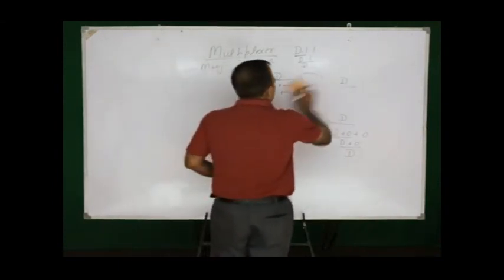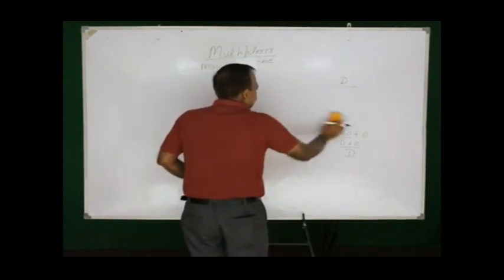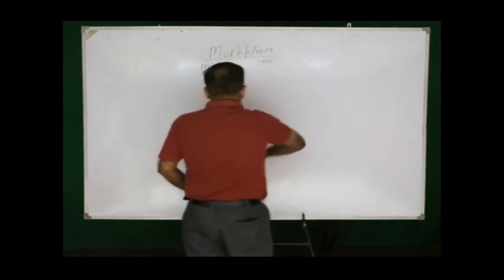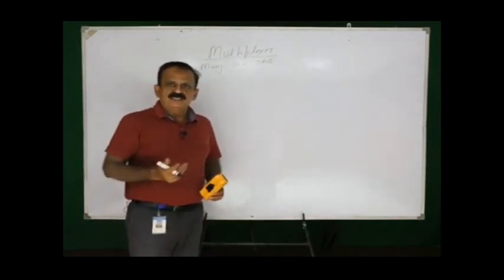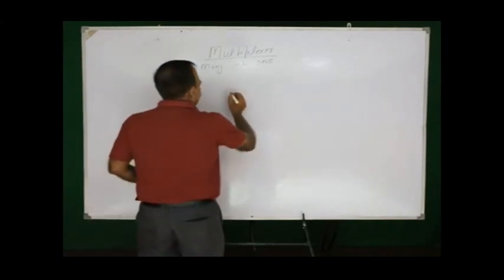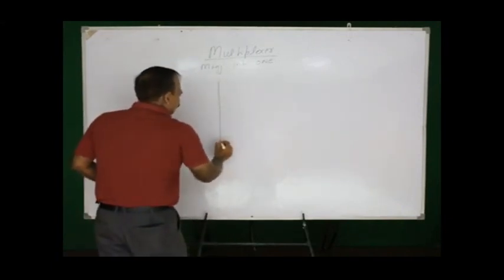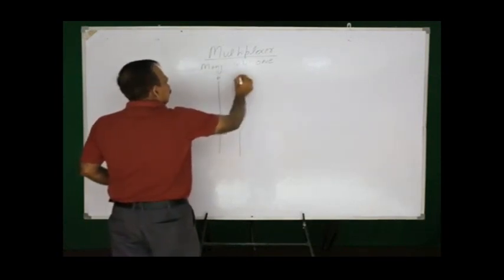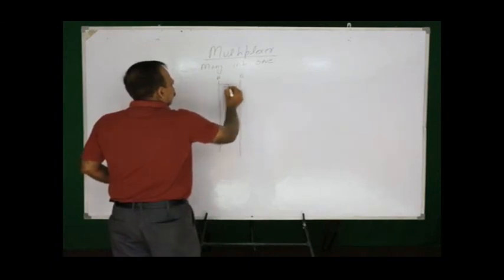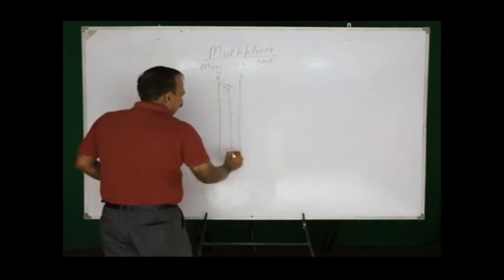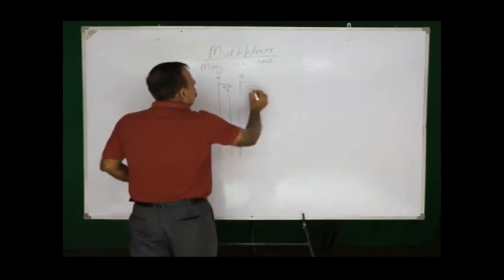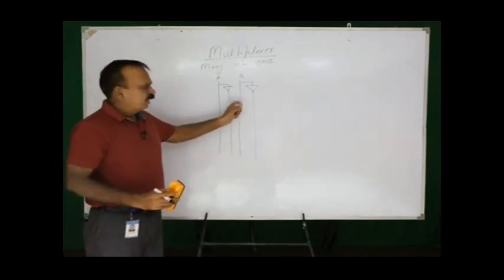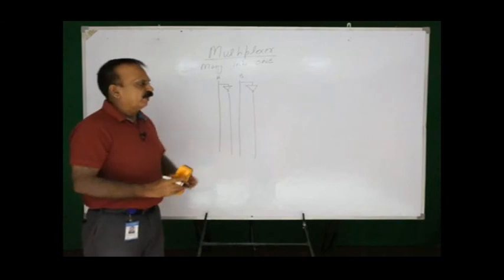Now, back to the 4 to 1 multiplexer. It is a logical circuit with 4 inputs and 1 output. A particular input is connected to output depending upon the control signals. So, for a 4 into 1 multiplexer, I need 2 control signals. Let them be the values A and B. We can have the complement of A and the complement of B. Now these lines will be representing A, B, and A bar and B bar.